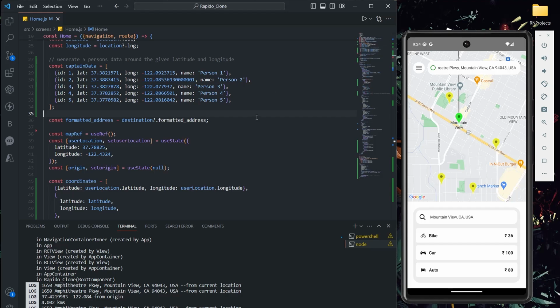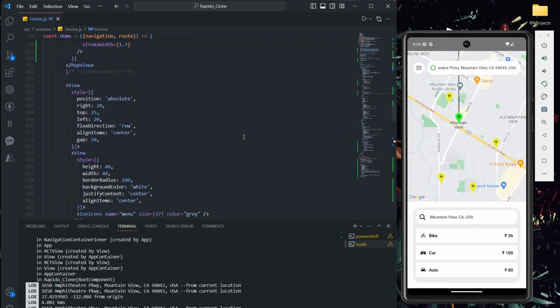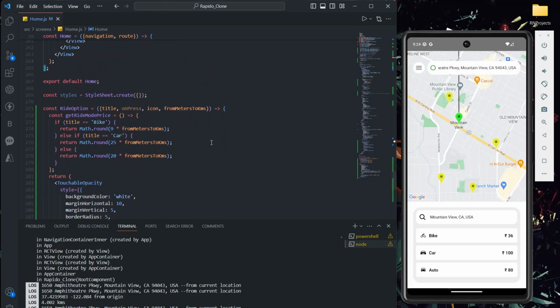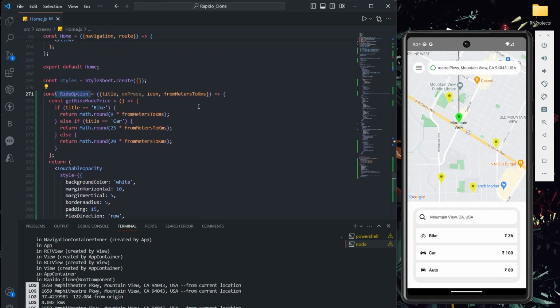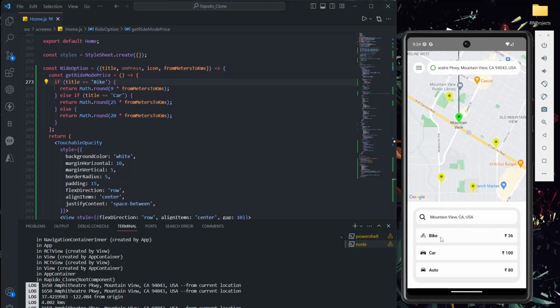So let's implement that. To implement this, on this click I have to check who is close to my location's radius, who is closest to me. Then I have to assign that particular person. Okay, on which click? On any one of these three options. Okay, let's do that. So let's directly go here, and if you see, for this option, these are my options, right? On press I am using it. See, right now if I click on this, nothing will happen because we haven't passed any onPress function here. See, this is the onPress, we are passing it as props, right?